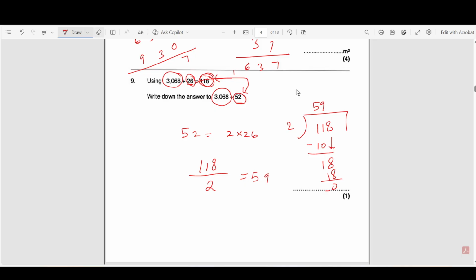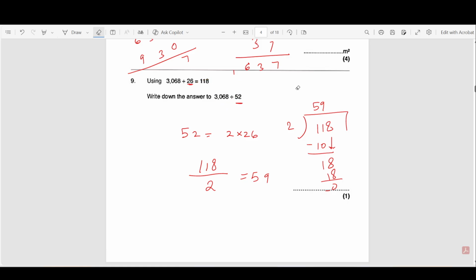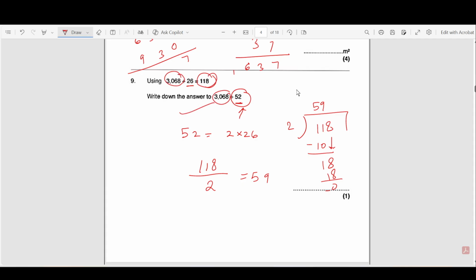What we did, let me just summarize it again. We need to check the relation between these two. As you can see, this is double of 26. Now, if we double the divisor, the quotient will always become half. If these numbers are same, only then. Okay,